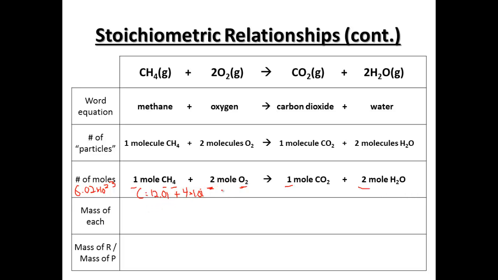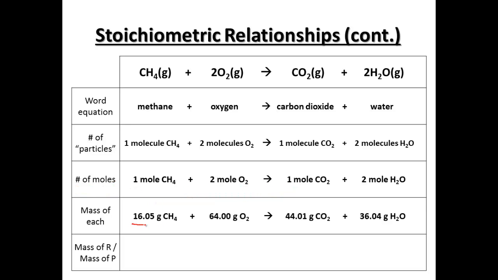We could find out, and then 2 oxygens, but we have 2 moles of that times 16.00, which is a molecular mass. So as we're going forward, if we were to add those up, we would end up with 16.05 grams of methane, 64.00 grams of oxygen, 44.01 grams of CO2, and 36.04 grams of